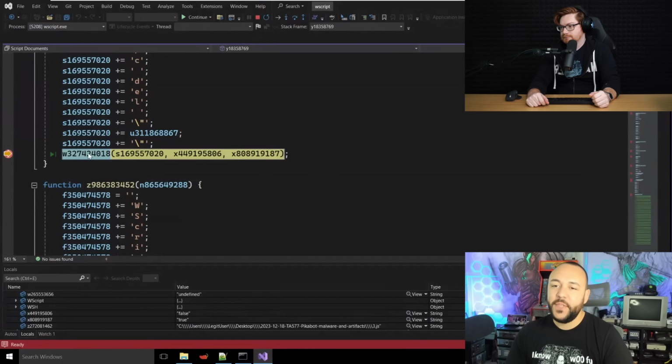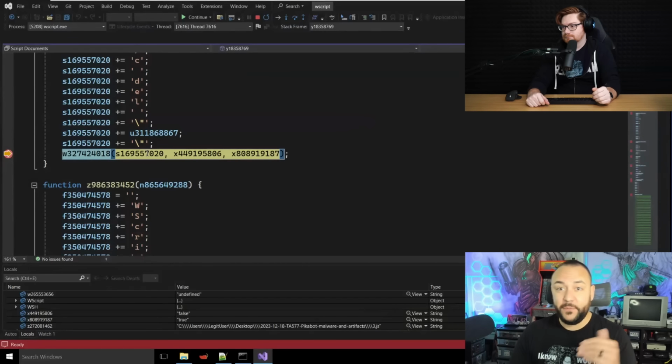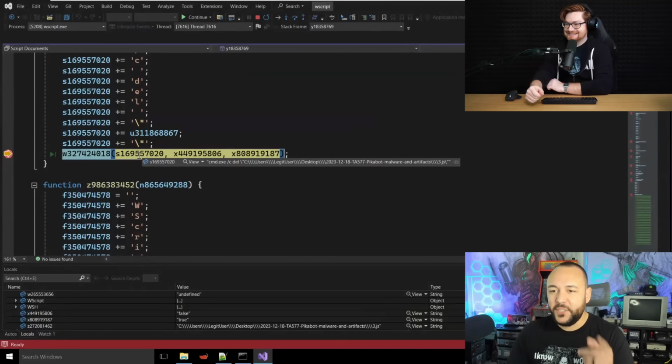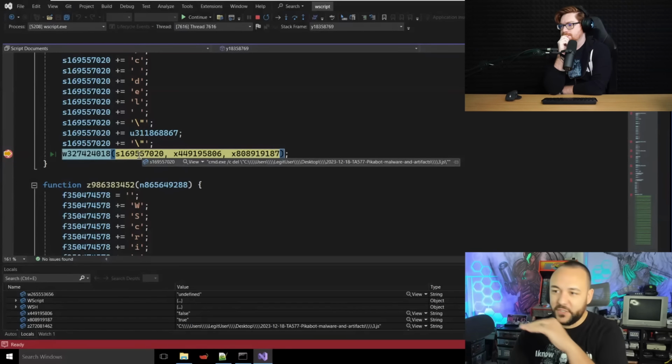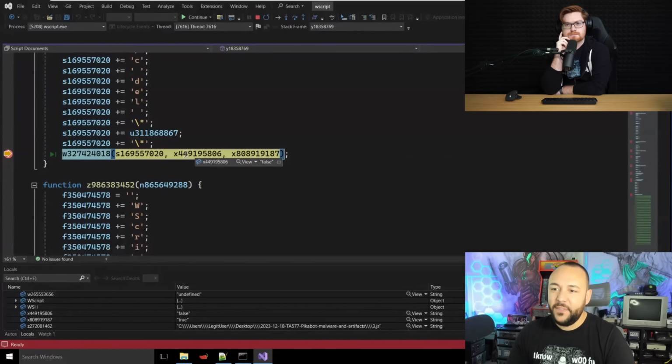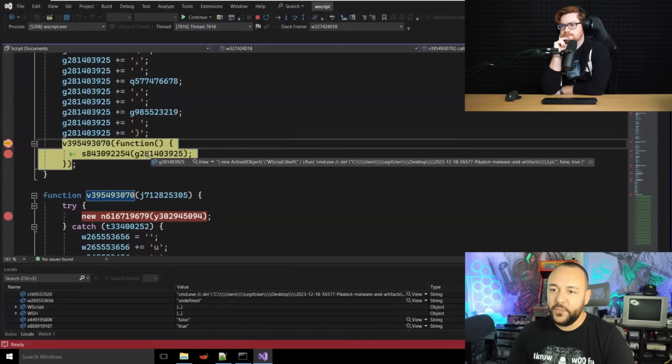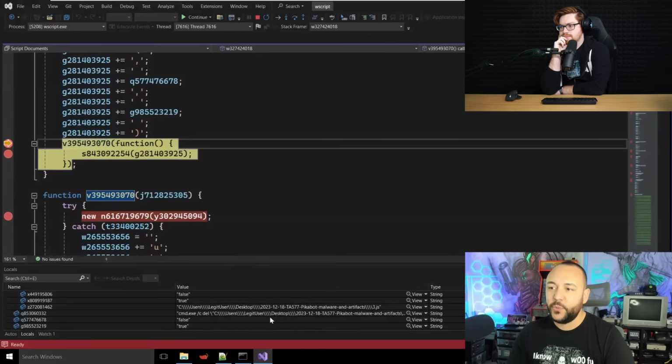Here you go. So this is the runner function, as I call it. Its name is W3274, blah, blah, blah. It's passing it three different arguments. The first one is a command, and if you can read it, the text is a bit small, it is cmd.exe /c del. It wants to delete the JavaScript file. The next thing it's going to do is pass a false, and then it's going to pass a true. So what it's going to use is wscript.run, basically. We can continue into this, and then you'll see what it's actually going to do.